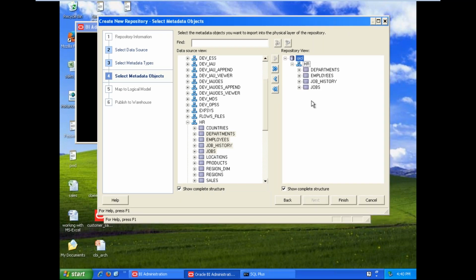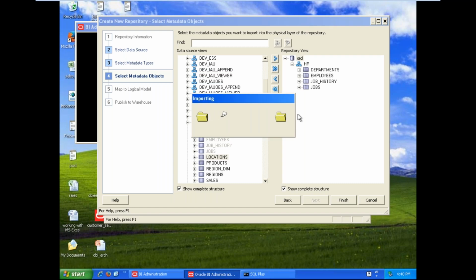Here we added totally 4 objects in the repository. You can find them: departments, employees, jobs history, as well as jobs. Now click on finish. If you want to add another one, you can add it. No problem. For example, if you want to add locations again. In a repository, at any point of time we can add any object, right? Yes, we can add.